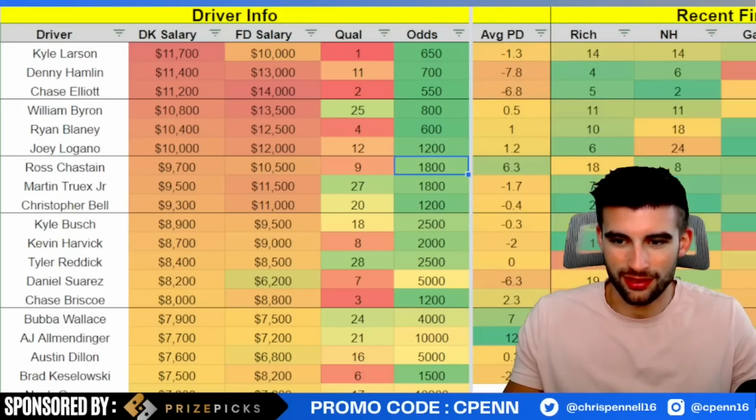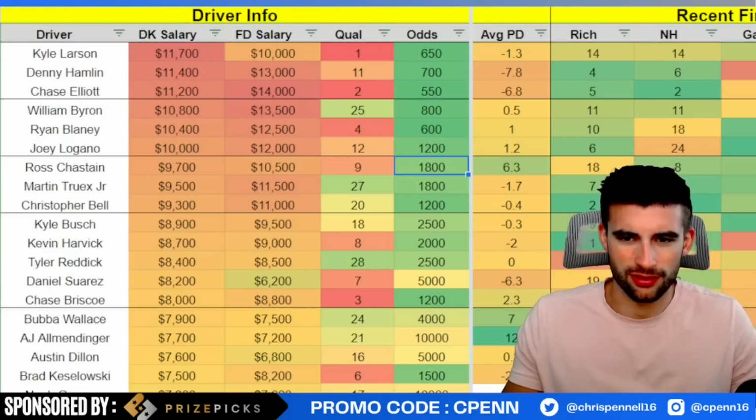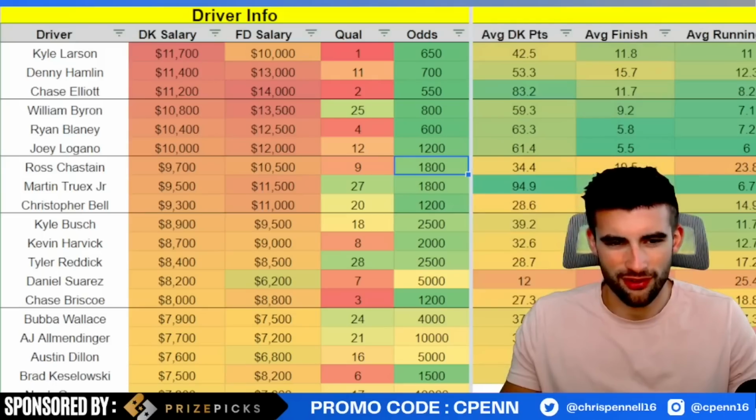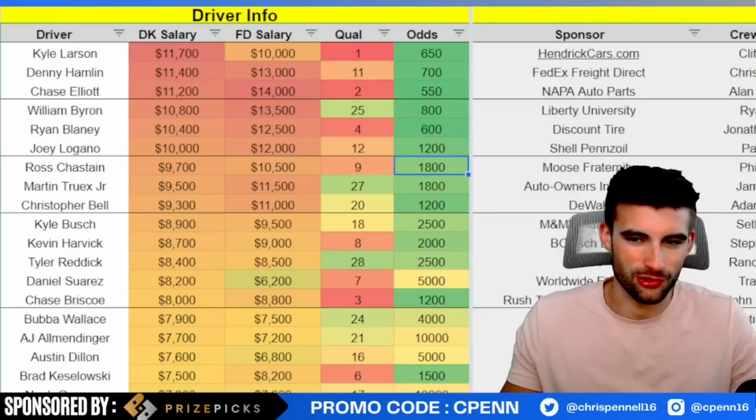And if you're looking at this season so far, at the short flats, won at Richmond recently, 5th in New Hampshire. Gateway, he had an issue there, I believe. 14th at Martinsville, 2nd at Richmond, and then 6th at Phoenix. I would say Martinsville is probably my least favorite track to play him at, a short flat, but I think in tournaments it's fine. It's kind of tough because you can get Reddick here starting in 28th, who at least